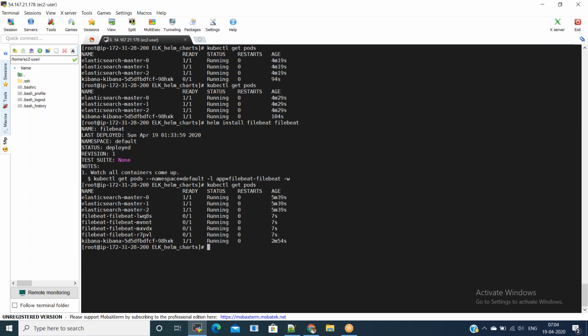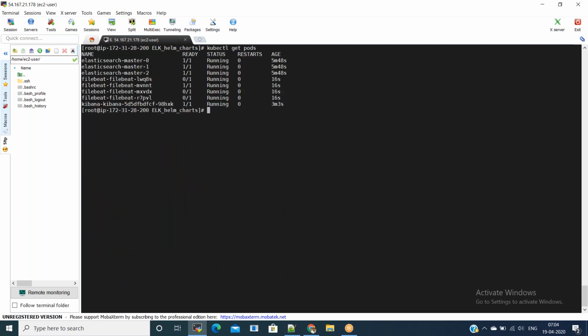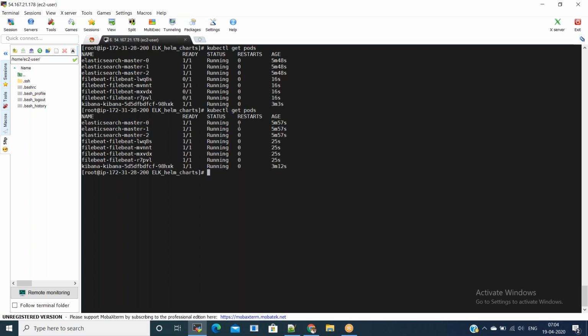Now Filebeat also started running the pods, and there were 4 pods for Filebeat. One came ready and the rest are also ready. Now we have Filebeat also.